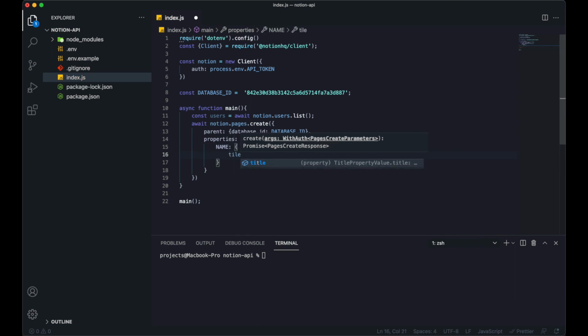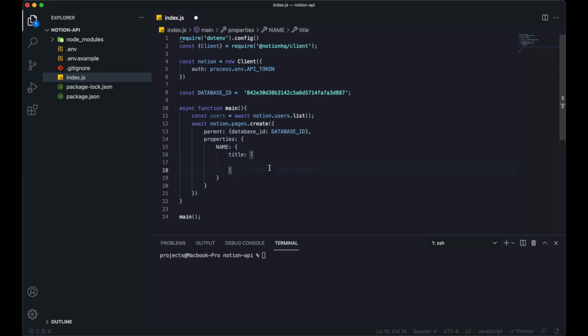Name is of type title, and title receives here an array which receives here a property of type text, and text itself receives here a type of content. And here is where you will actually type the name of the customer. We will see now why the name needs to be nested inside all of these fields. So for example, let's type here John Doe